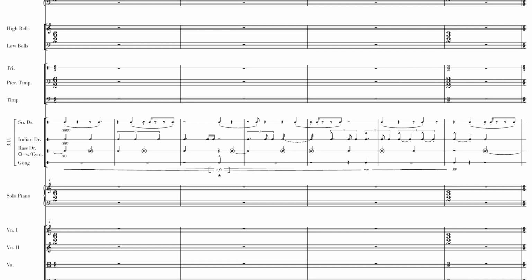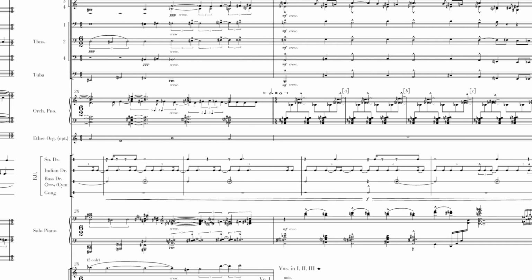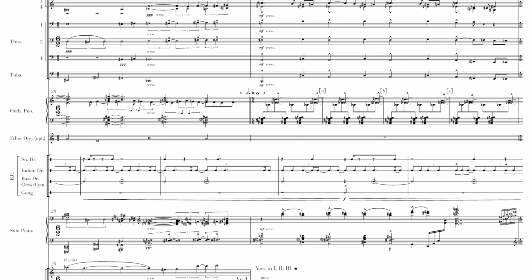Now, this 7-measure cycle repeats throughout the movement for all the BU players exactly like this, except for the Indian drum player in 2 passages. The first passage starts at measure 27. There, it gets off the standard pattern and it starts playing faster music, these faster rhythms here. And it continues like this through measure 31, going into sextuplets and septuplets and so on.